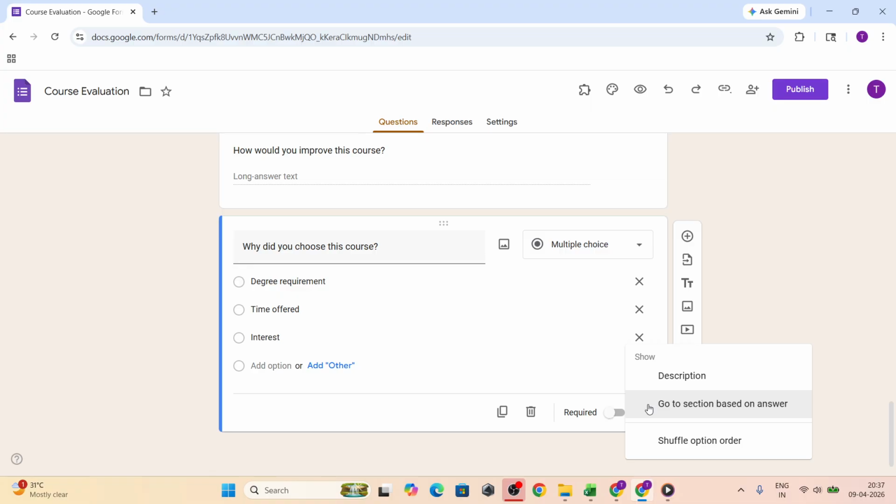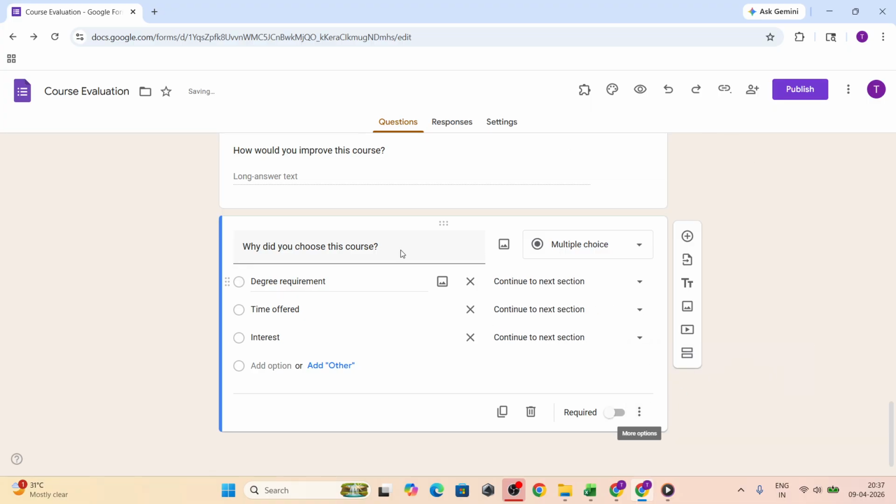later. That's it. You've embedded a Google form in an email, making it easier for people to respond quickly and